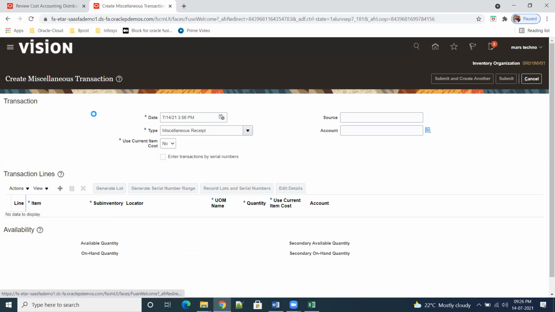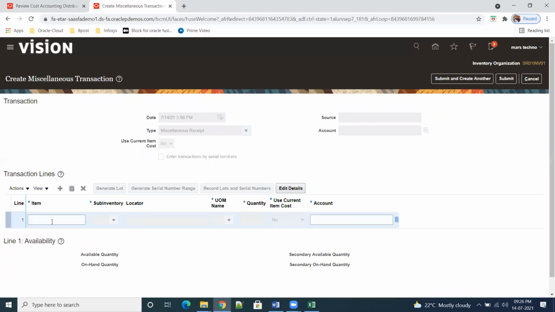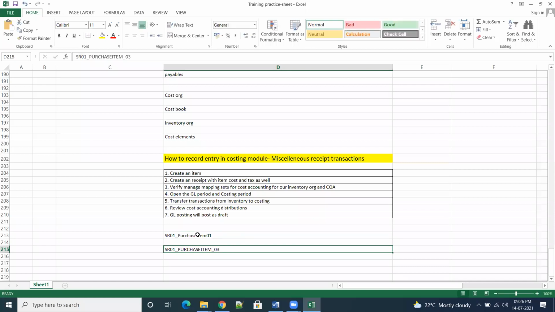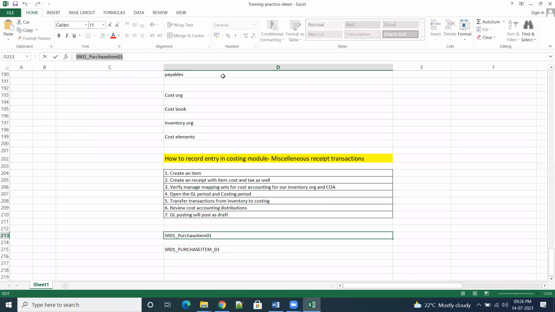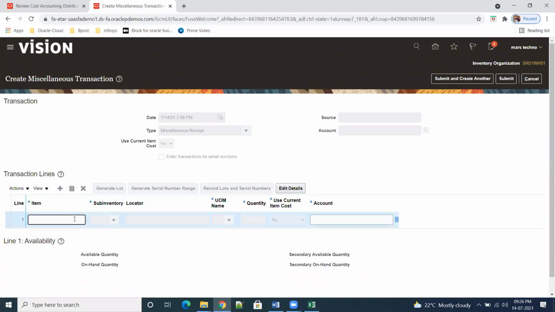Guys, are you able to hear? Receipt. Okay. I am taking this again to show where we enter the item price.